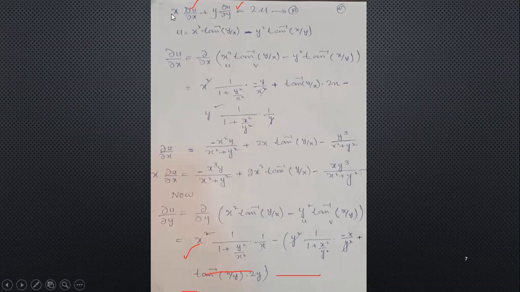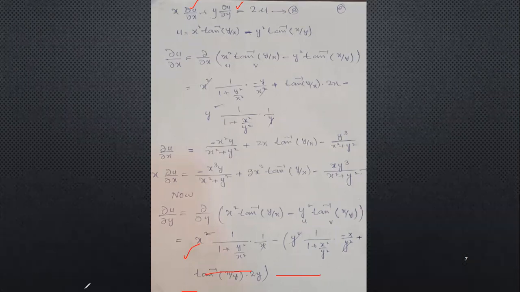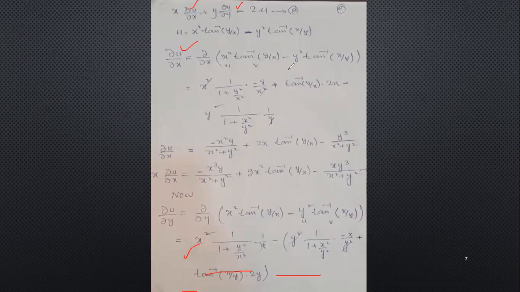So now on the left hand side, first we find the partial derivative of u with respect to x, then we find the derivative of u with respect to y. So for the derivative of u with respect to x, we multiply the left hand side, and also the right hand side. Here we use the u into v formula. According to the formula,